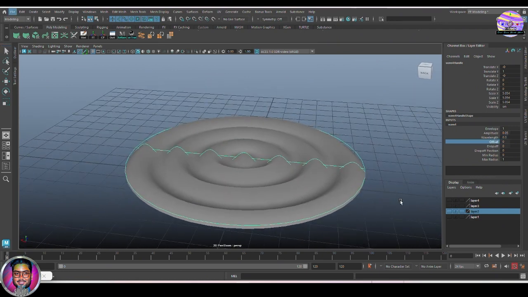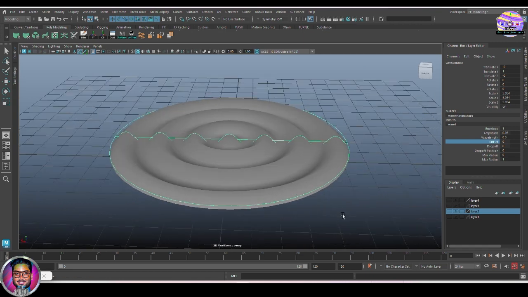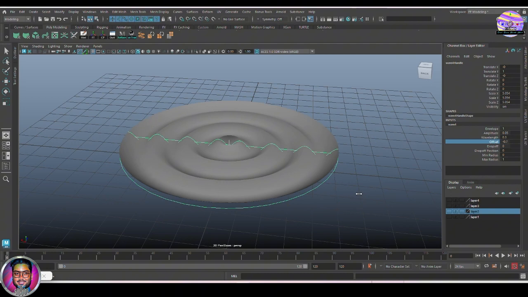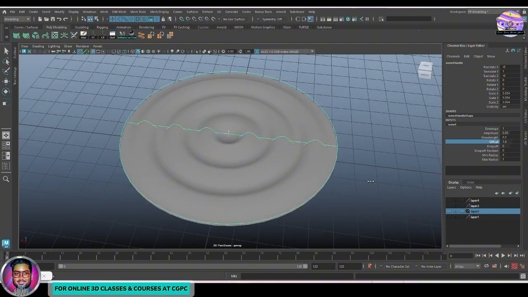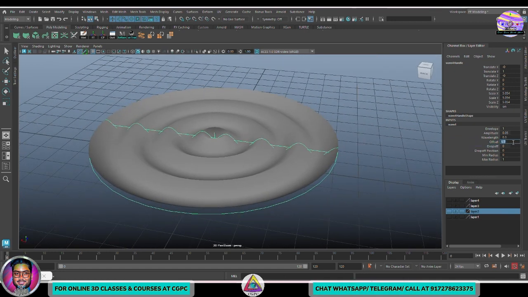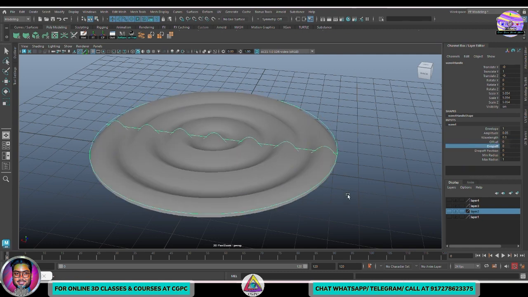Next, coming to the offset, which is the key part while doing any animation in the nonlinear deformers. You can see if I just scroll on my viewport with the offset selected with the middle mouse, depending on which side I move, leftward or rightward, you can see there is a movement of the wave inward or outward from the center. Coming next to the drop-off, if I change this offset back to 0,